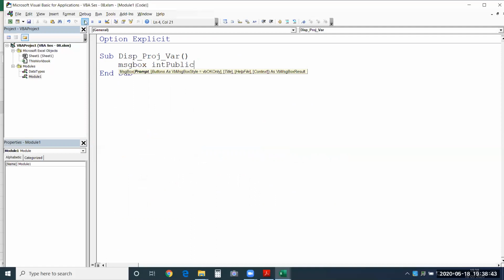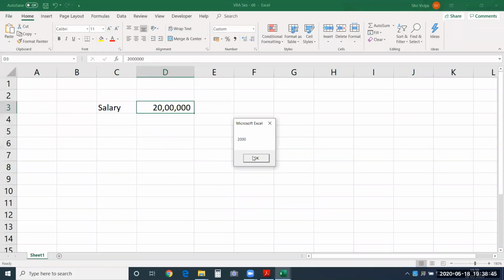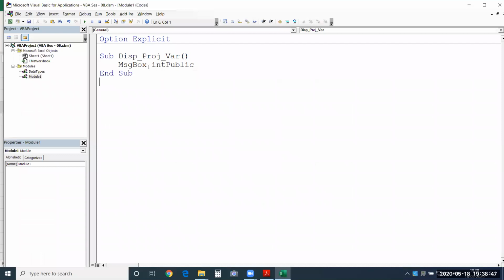Now if I run it, you can see it will be displayed over here as well. I don't need to declare it again and again. I have to declare it once, assign value to it only once, and I could be using it anywhere within the project. So that is a public type variable.